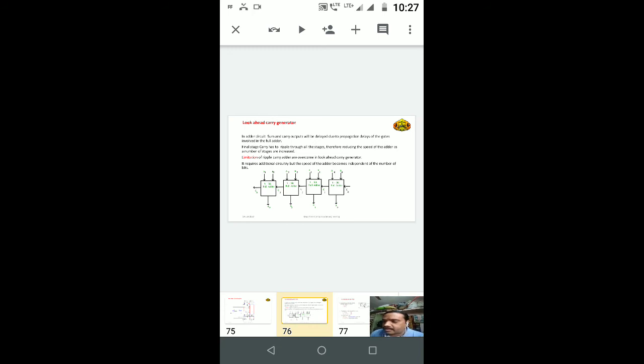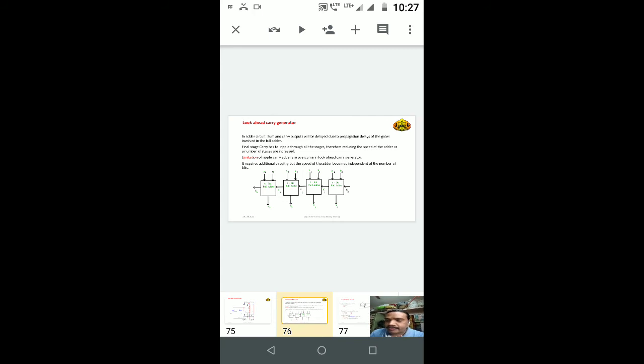In the previous lectures I already discussed that a full adder is used only for performing 2-bit addition. If you want to perform 4-bit BCD addition, you require 4 full adder circuits